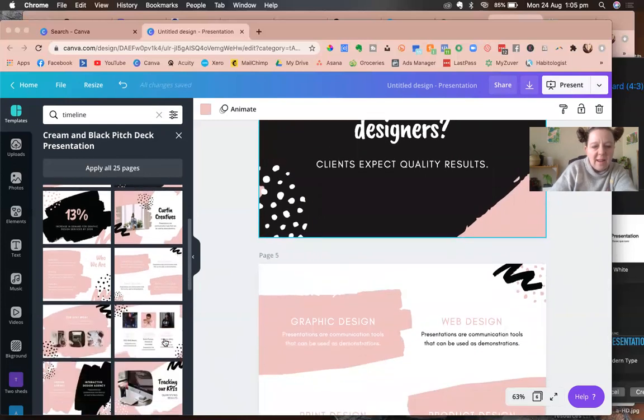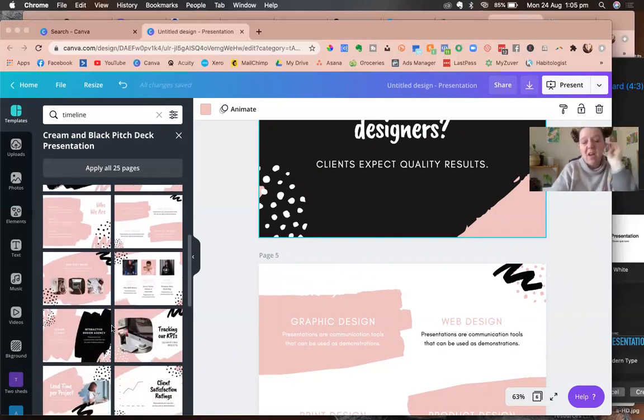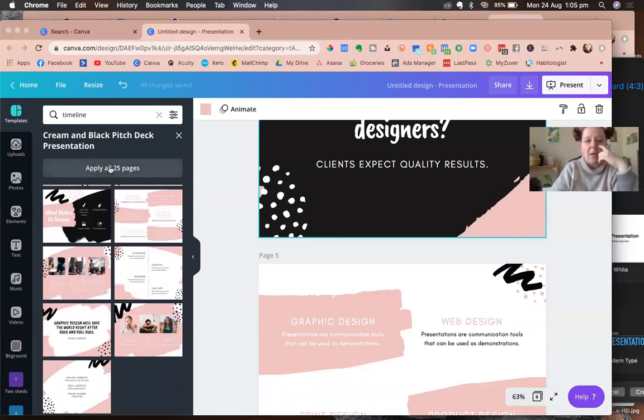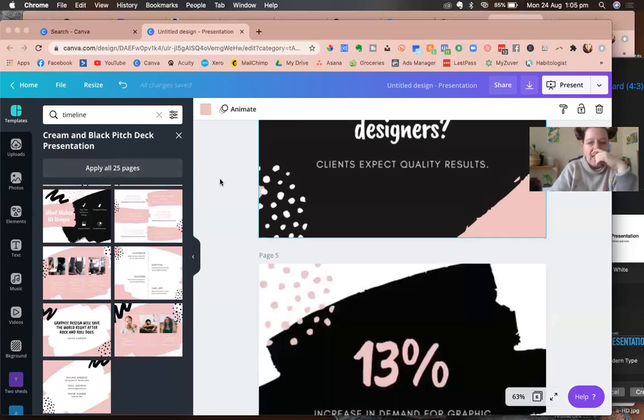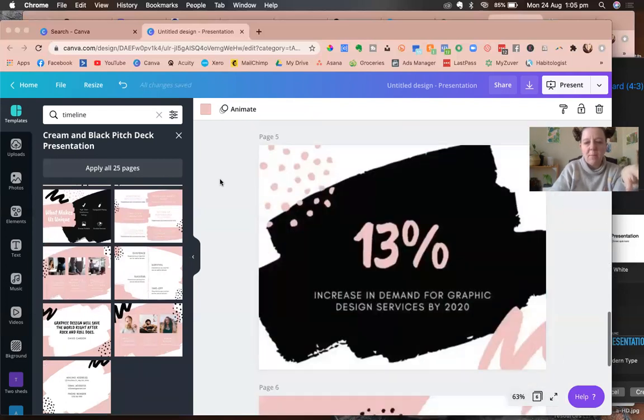And so you can see, it's got a pretty good flow of its own. And then they're going into a statistic, which is really great to have. So you could totally follow this. You could use every single one. And it's got the option, apply all 25 pages. And that is going to give you that really great flow where you could literally come in, put your own